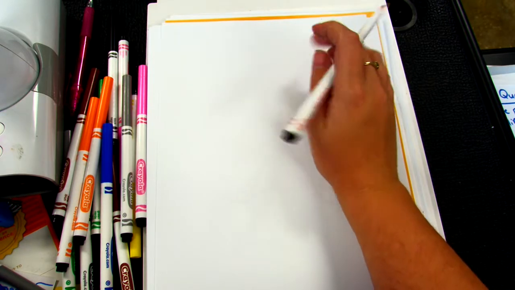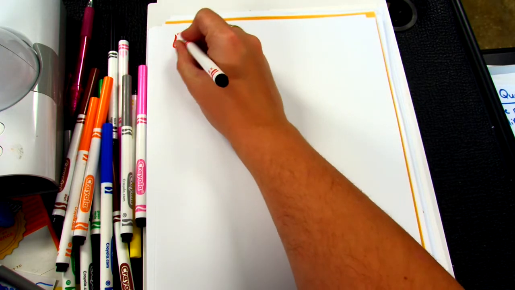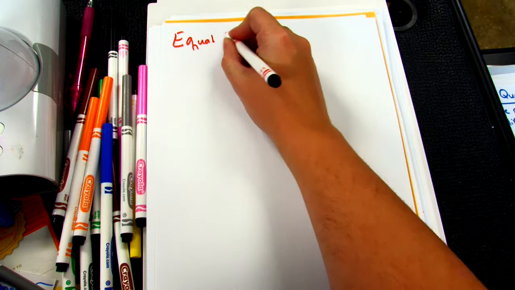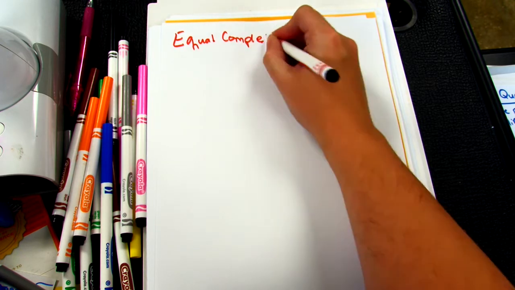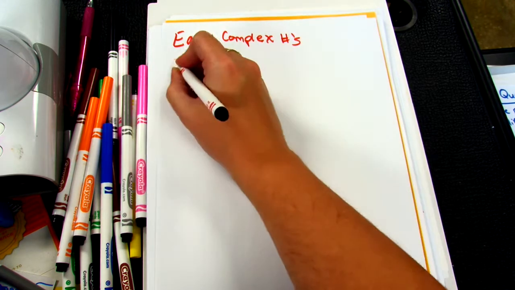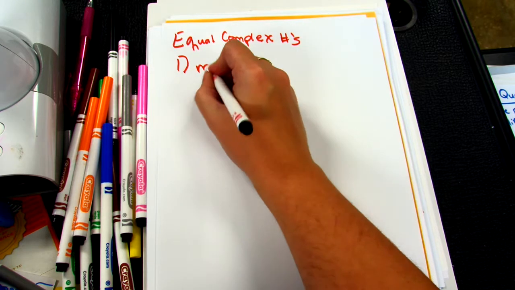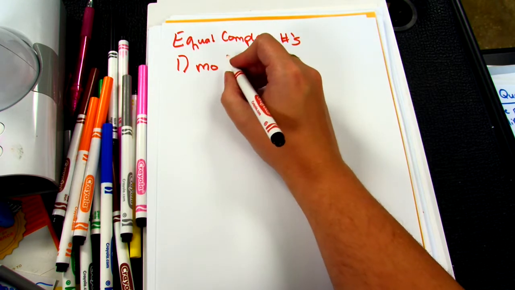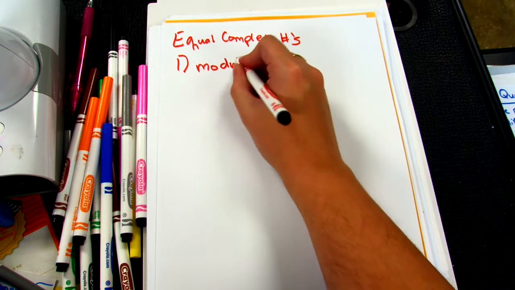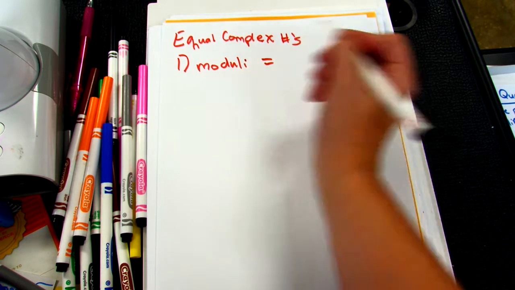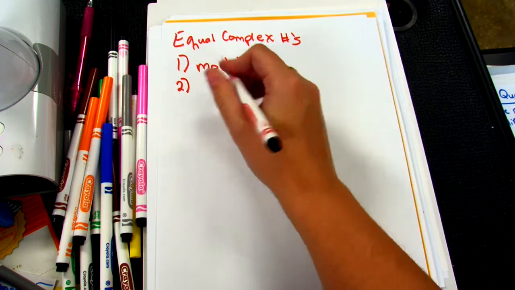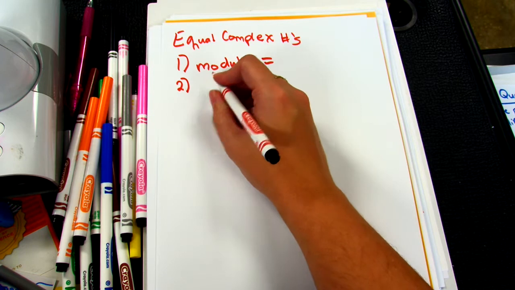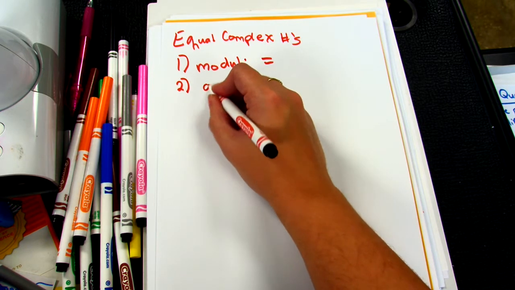Let's talk about what makes two complex numbers equal. Okay, so the conditions for equal complex numbers. Condition number 1, their modulus has to be equal. So plural would be moduli. Okay. Second condition, their arguments